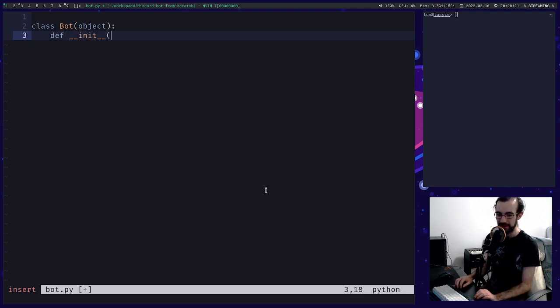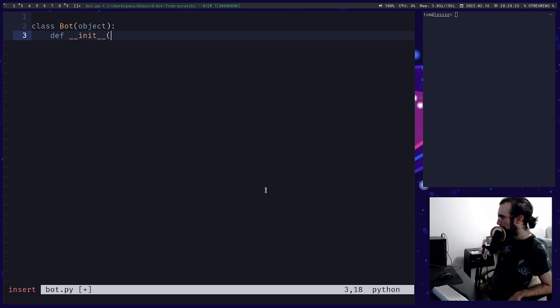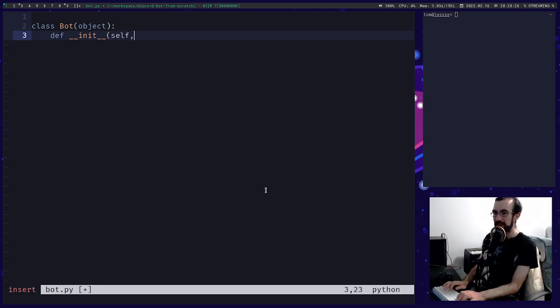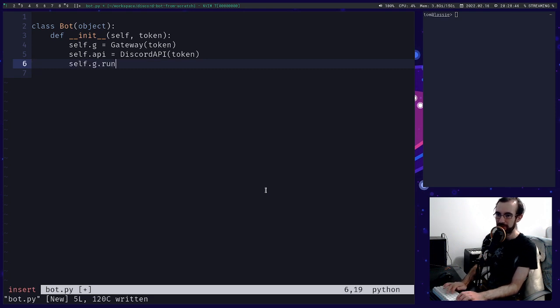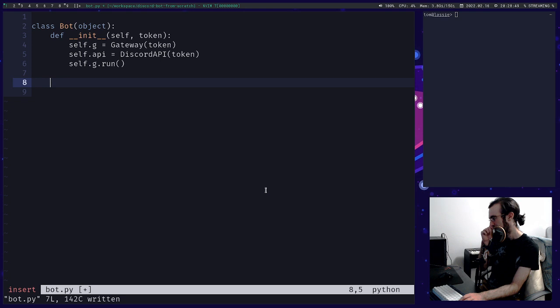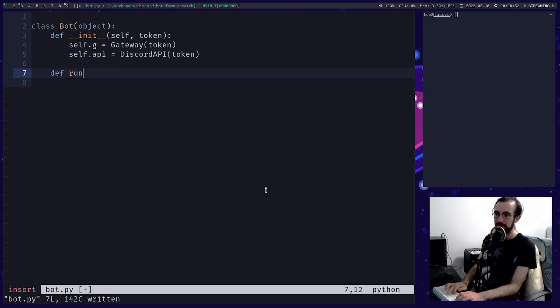Okay, so this bot. Oh boy, this bot. We're going to take in a token. The gateway is going to be a gateway created with this token, and the API. So you've got self.g, self.api equals Discord API token. So we make two things that have the token passed in, and then we say self.g.run. Right? We start. Oh, actually no. Let's def run gateway, g.run. We do it in here. Okay. So now we can go